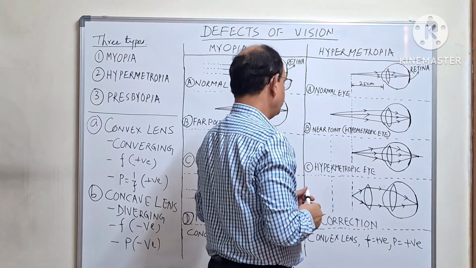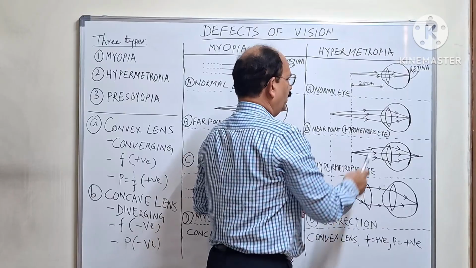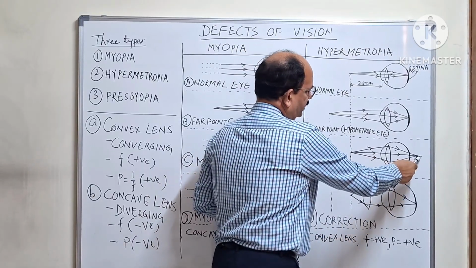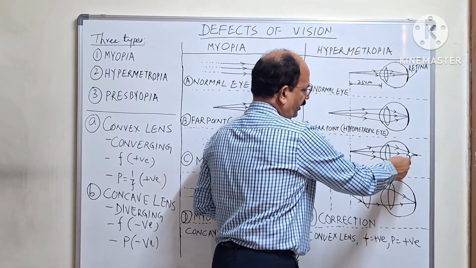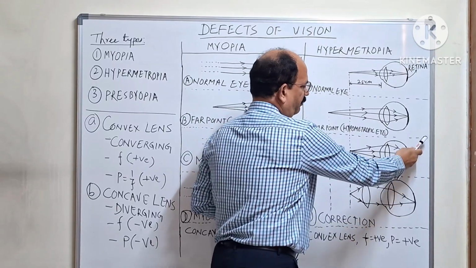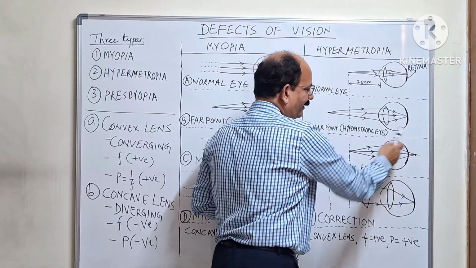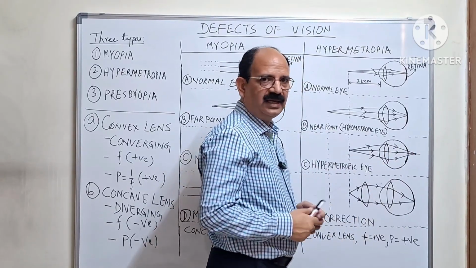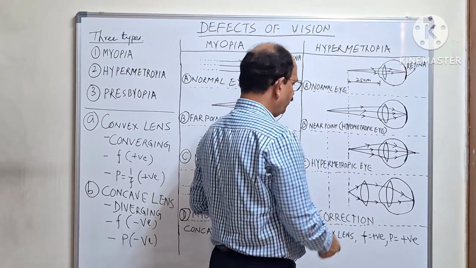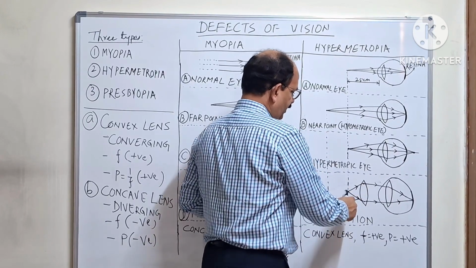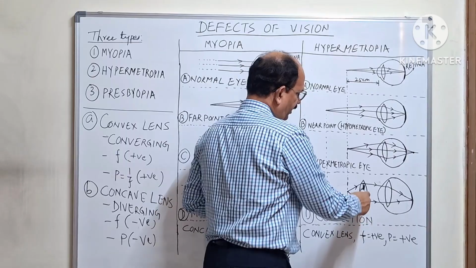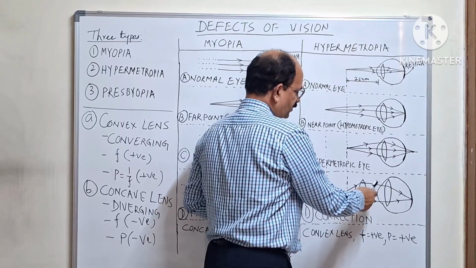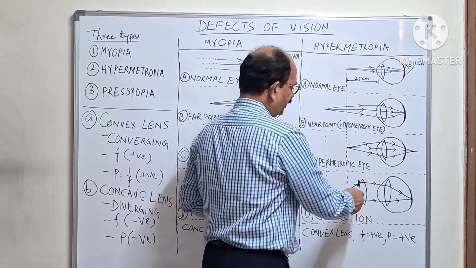Now what is the correction? Now we want that this convergence should happen at the retina. So we have to bring this convergence point nearer. So to bring that convergence point nearer, we put a converging lens. So when these rays are coming to this converging lens, which is put just outside the eye, then a bit